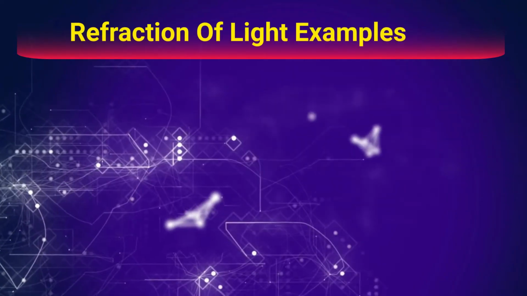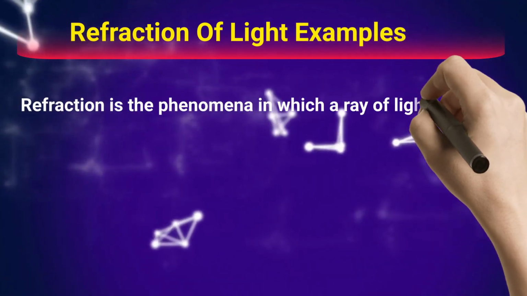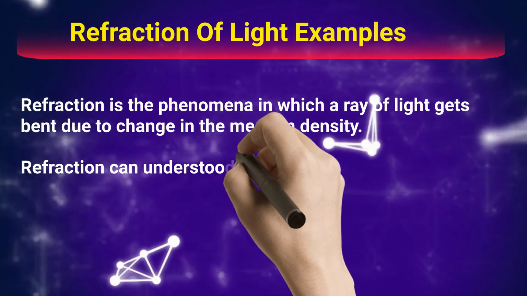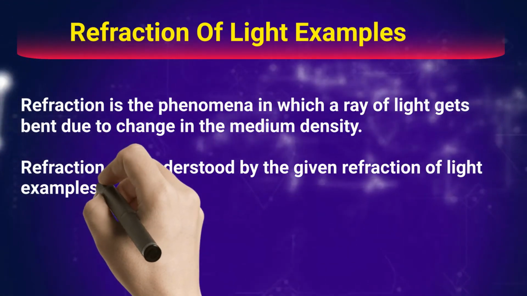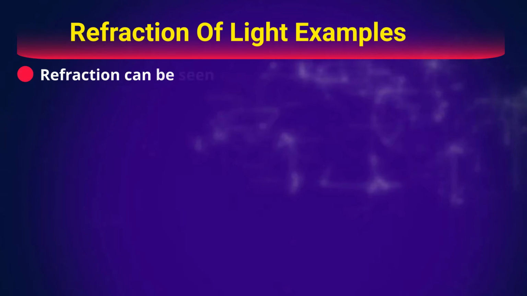Refraction of light examples. Refraction is the phenomenon in which a ray of light gets bent due to change in the medium density. Refraction can be understood by the given refraction of light examples. Throughout this video, we are going to explain the concept with 10 real-world examples, which are: